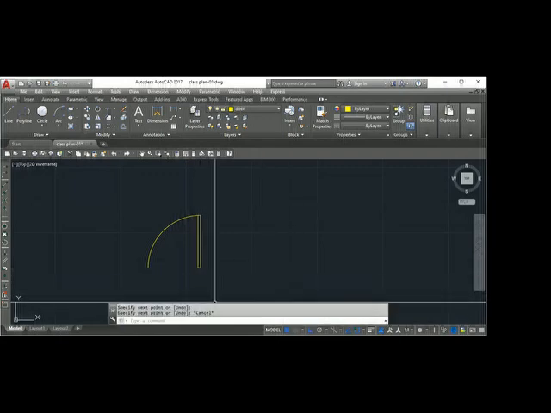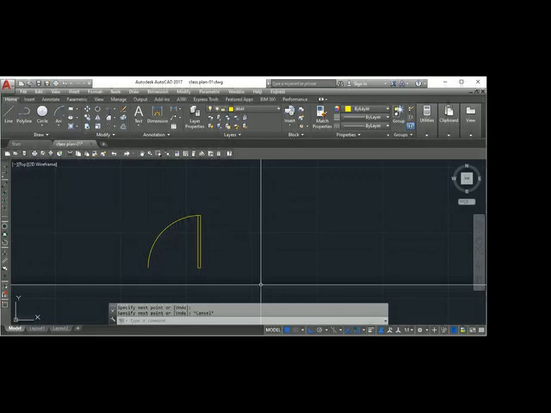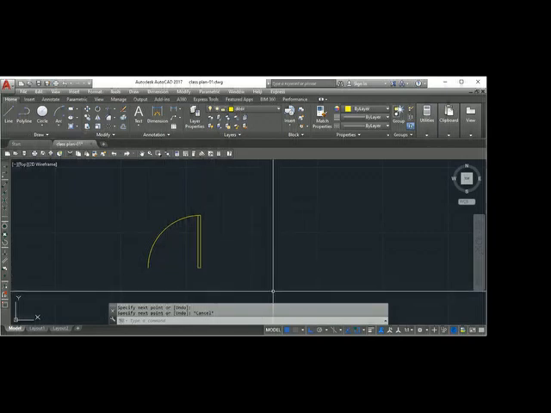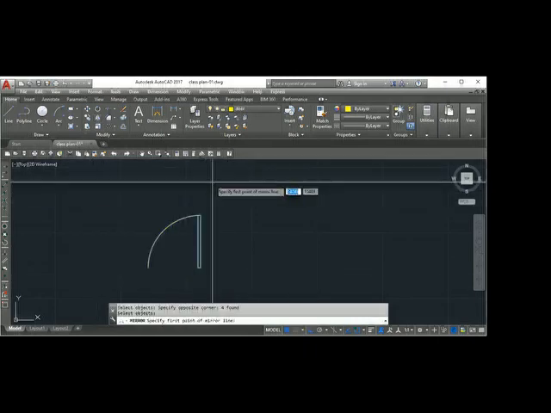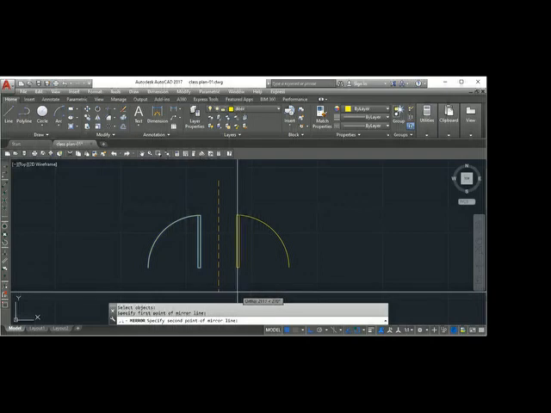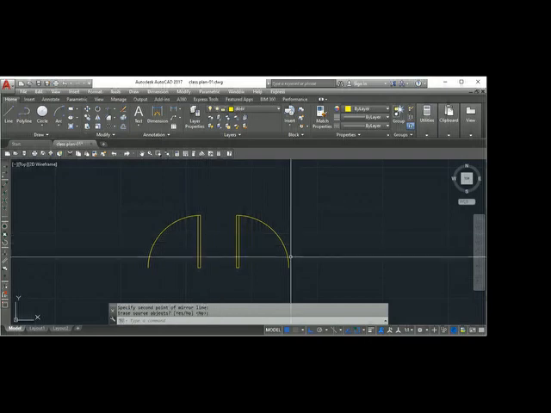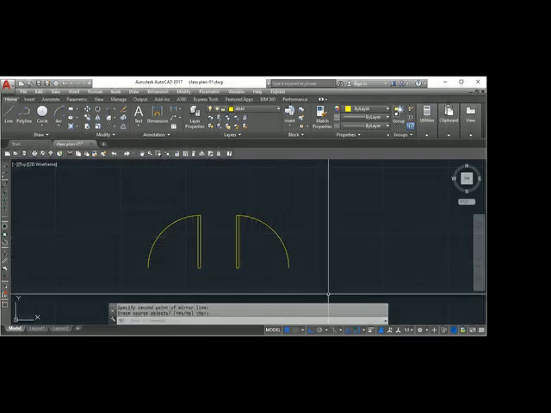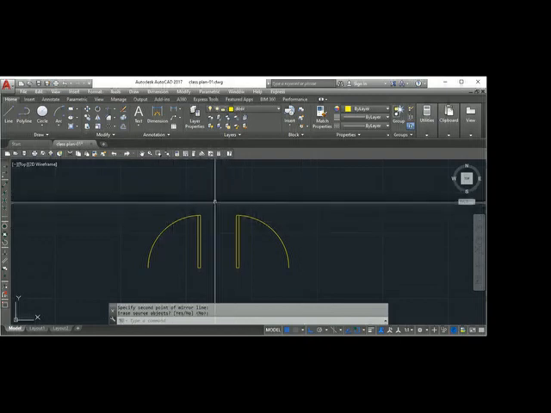So this is my door. So this is a door opening, right opening. I want to make a mirror of this. So I will use a mirror command. Select object, show a mirror point, ortho on, click. So I got this. This is right opening, this is left opening. So I require two types of door, right opening and left opening. So this I will convert to block.